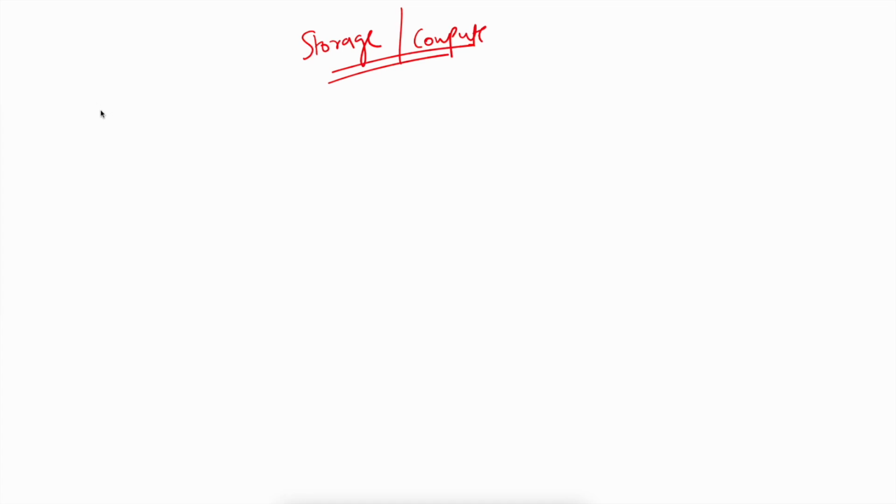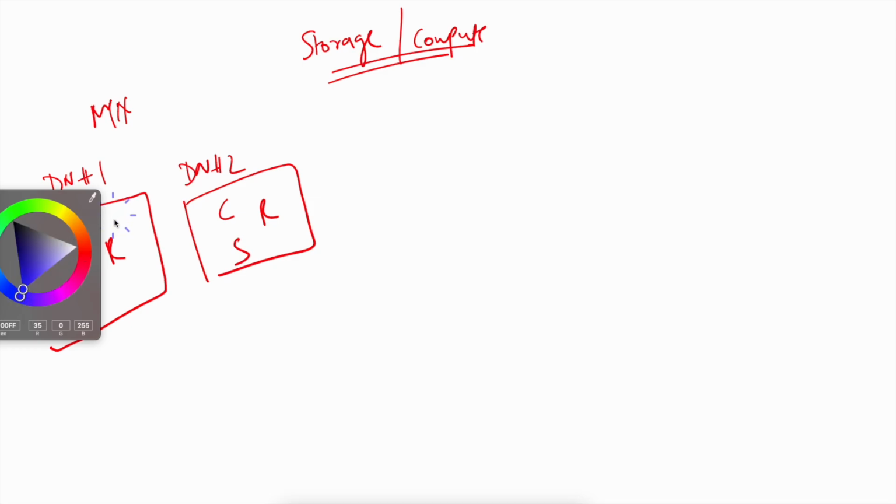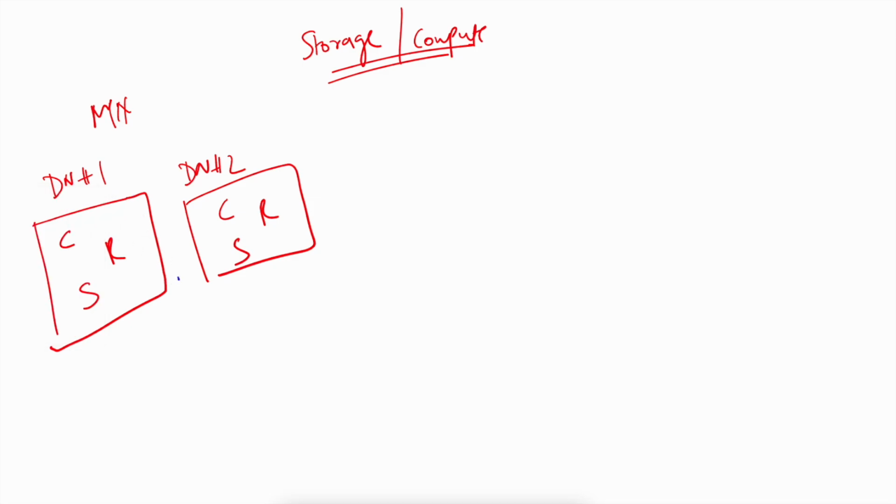We used to have a master node and there were multiple data nodes, right? Data node 1, data node 2, and what did this consist of? Okay, so data node consists of a compute, a RAM, and storage disk, right? Similarly, data node would also have a compute, RAM, and a storage disk, right? So let's say compute was of